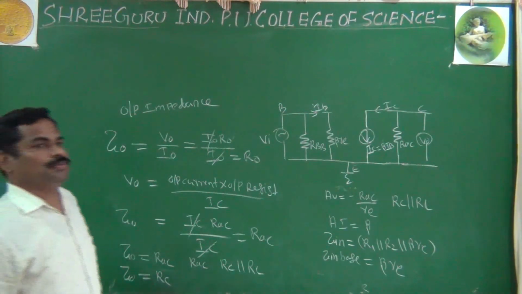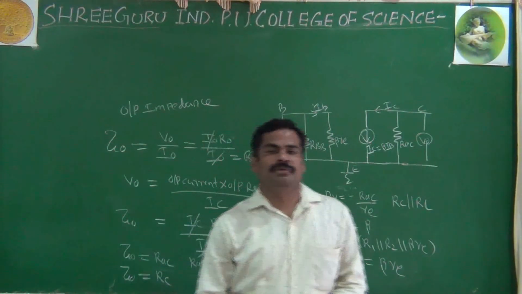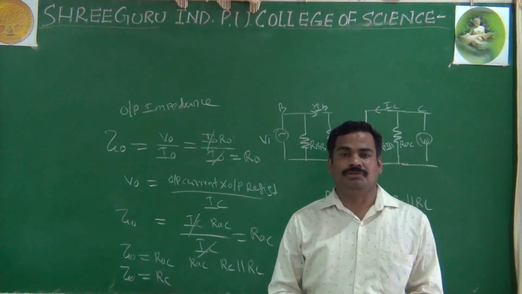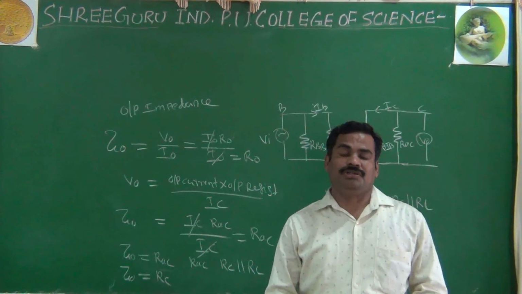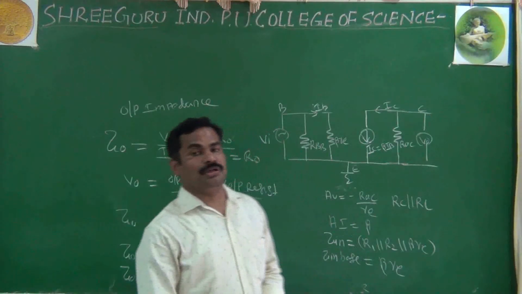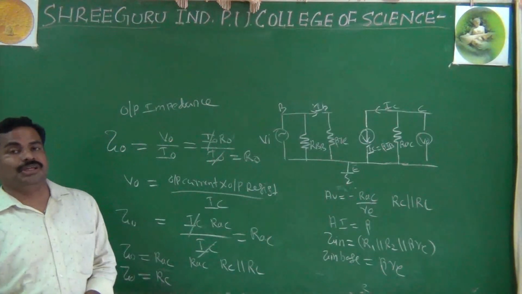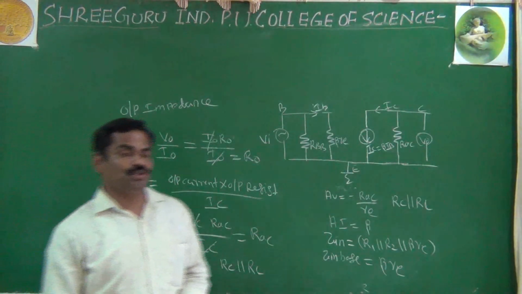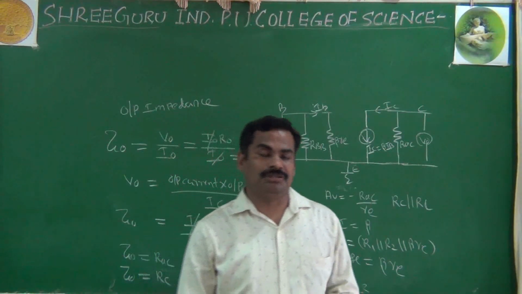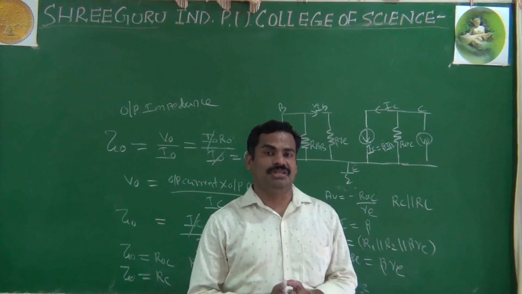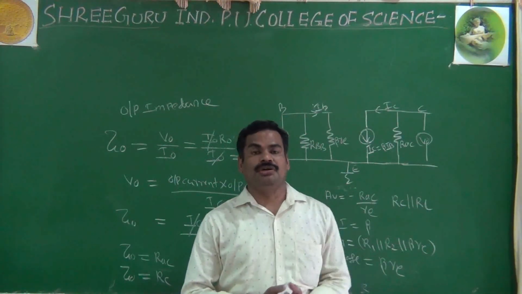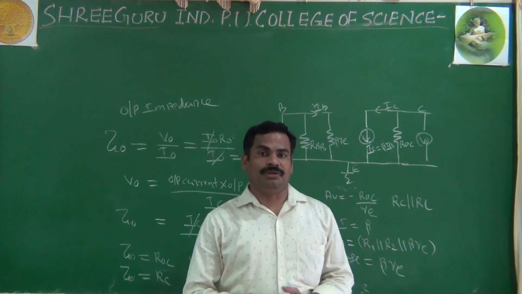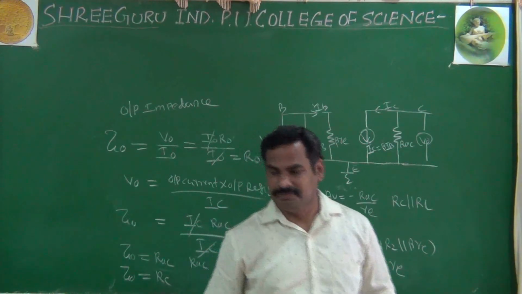This is the importance of your AC equivalent circuit. The most important thing, they may ask a 5 mark question: analyze the AC equivalent circuit, which is also called the re model of the CE amplifier, or AC analysis. This is about today's class. In tomorrow's class, we go for the DC analysis. Compared to the AC analysis, DC is very simple, as you studied already about voltage divider biasing. The same thing you can repeat in your DC analysis. Yes, thank you.